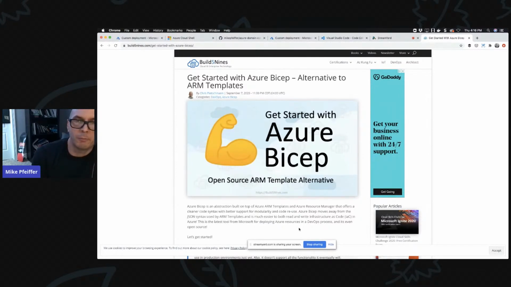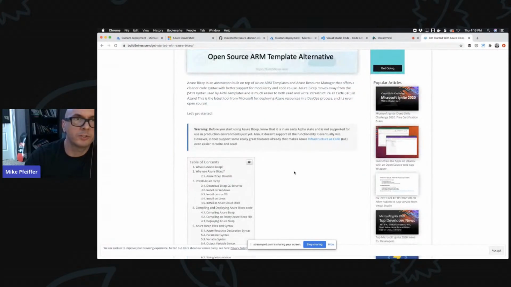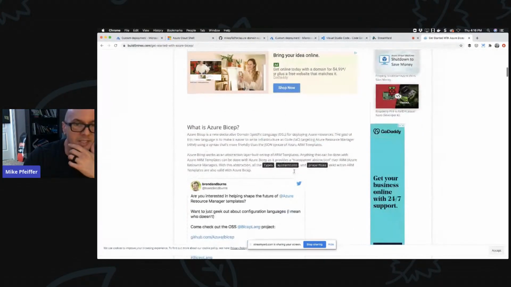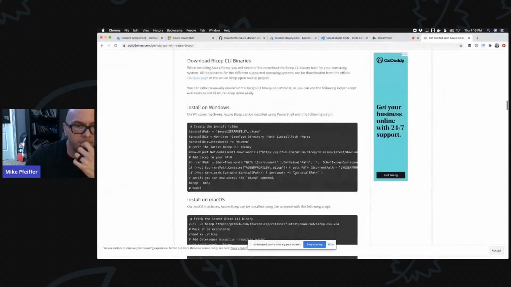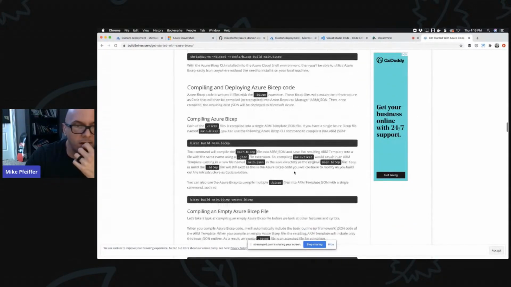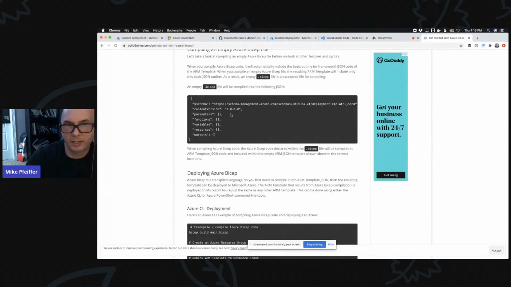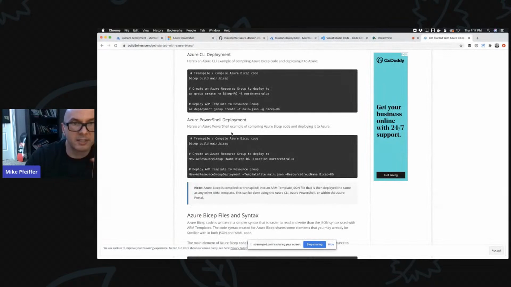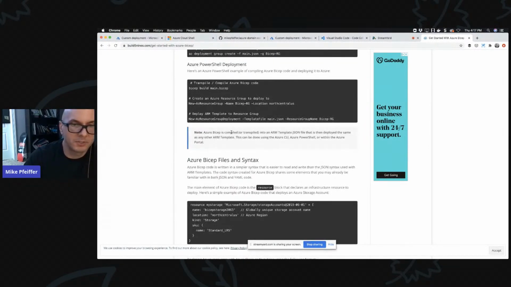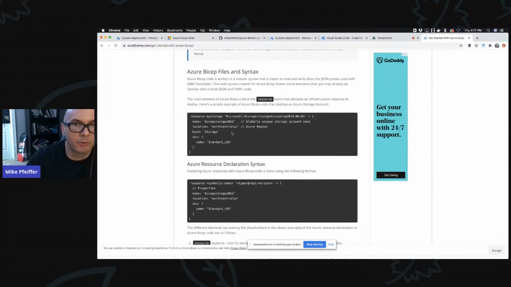Well, Azure Bicep is a way for you to write a very similar language and then compile down to ARM templates in JSON. So if you're an Azure person, and you want to be known in your environment as the Azure go-to, I would totally be getting into this stuff. Chris does a great job in this article talking about the basics, and then he gets into how you build your Bicep files.